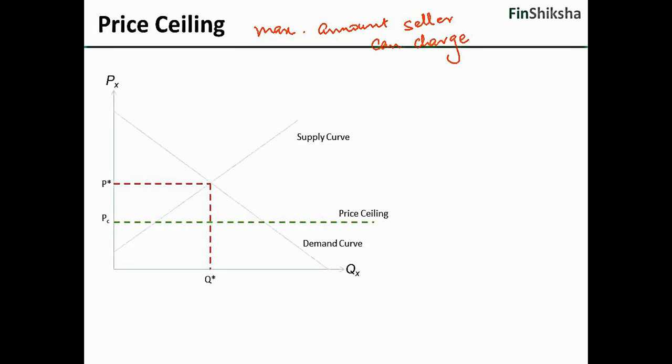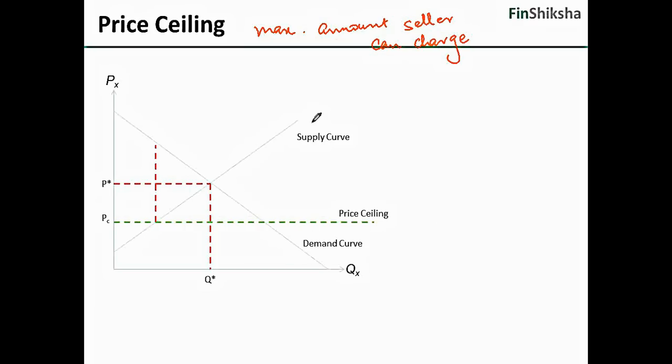price. So just for example, oil marketing companies in India cannot charge more than a certain price for LPG cylinders. LPG cylinder price is subsidized and fixed. Kerosene price is subsidized and fixed. So if you put a price ceiling there, you cannot charge more than a price PC, which is the price ceiling. Correct? Obviously, at this price, the demand is much higher.